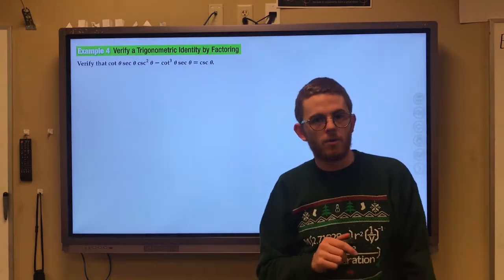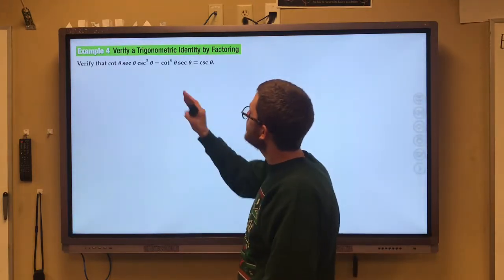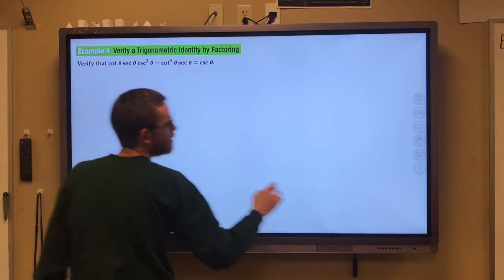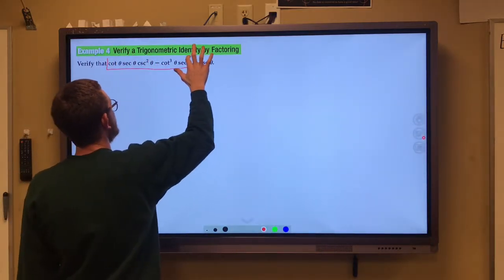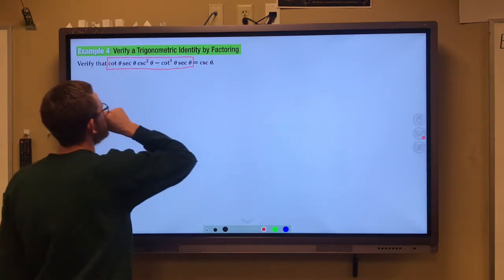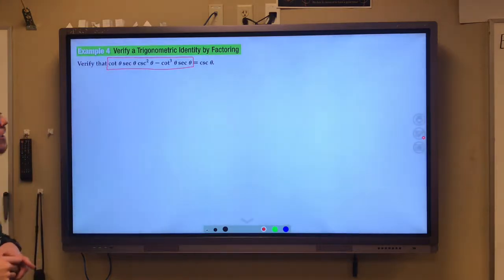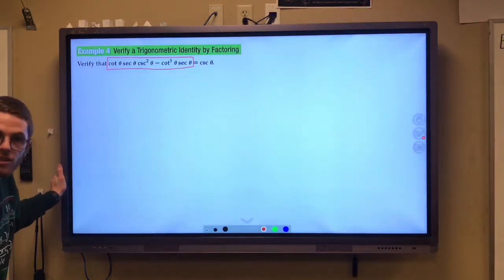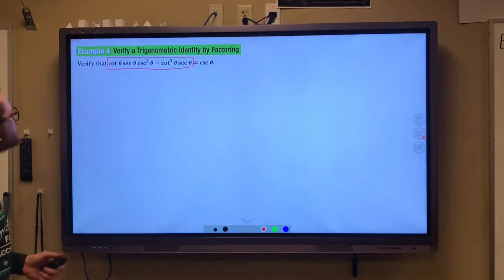Let's take a look at this one. Wow, that looks like a lot's going on. All right, it's clear that the left side is more complicated than the right side. Look at the left side here. So much to deal with. So I have this binomial over here on the left, and it just looks like a bunch of craziness. I could change it, bring it down into sines and cosines, probably simplify it down pretty nice, but I notice